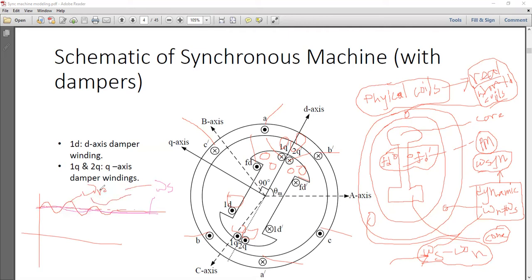Okay. Due to that, this rotor body itself, the rotor core, as well as the rotor field coil, all of them will sense omega R minus omega S. And due to that, there will be induced voltages on the core as well as on the field coils. To represent this phenomenon, during the transient and subtransient periods.